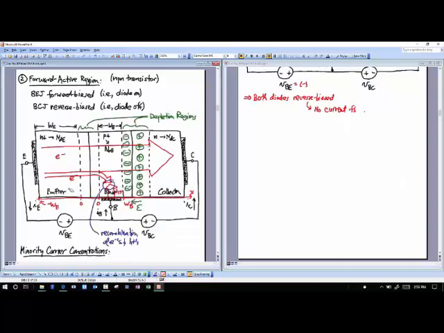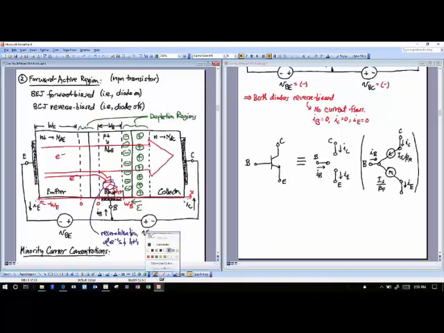I want that red, sorry. So I get a current component coming out here, and that's a hole current component. Right. So you get all those injections there, and that hole current component means that that's still also base current coming in. So you don't like that. All right. I'm not going to like that.